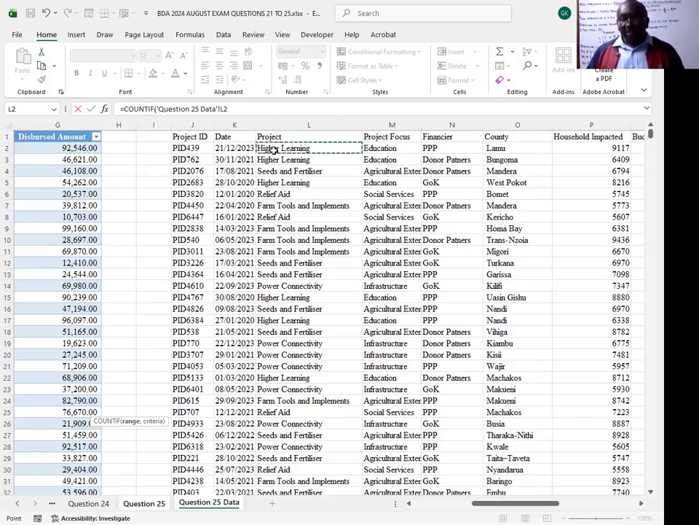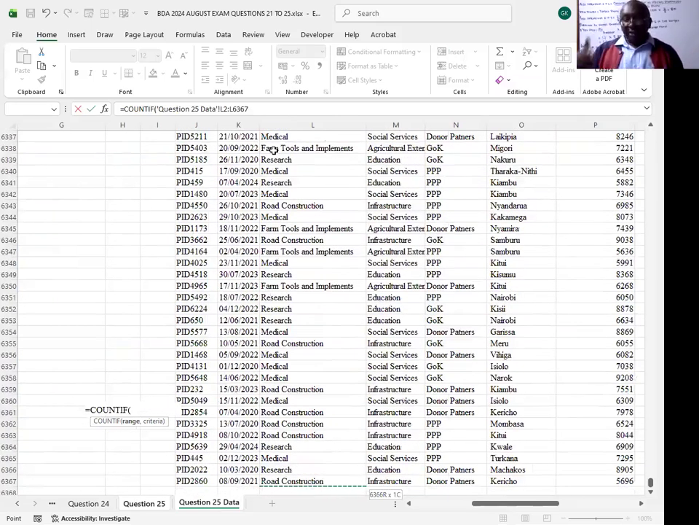Here. And then because we want to take all of them, we press Control Shift down arrow, Control Shift down. So that has selected the entire column. Then you put a comma. We need to specify which project we want to be counted. We want power connectivity. So open the quotes,